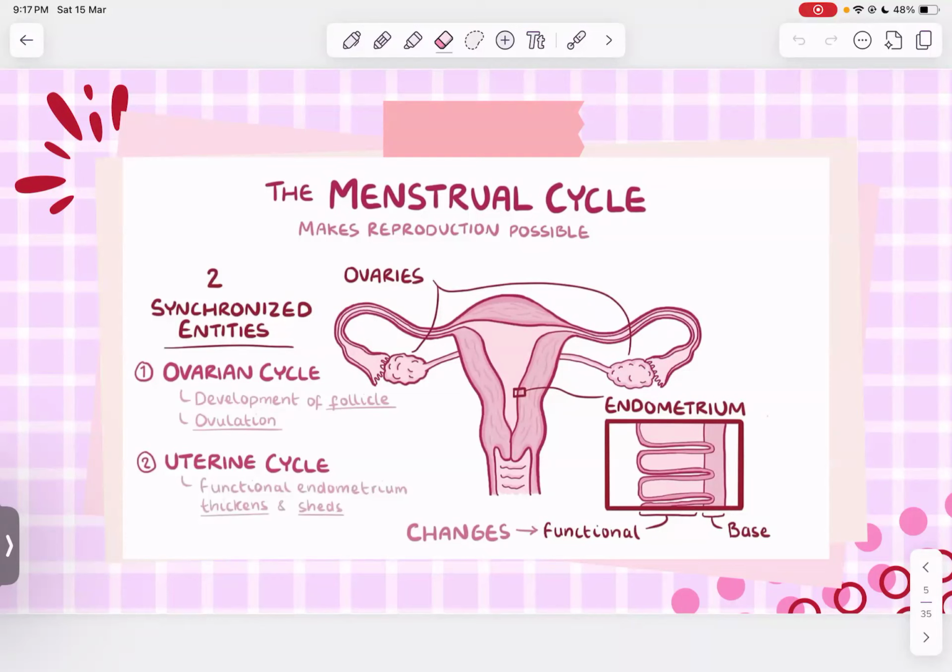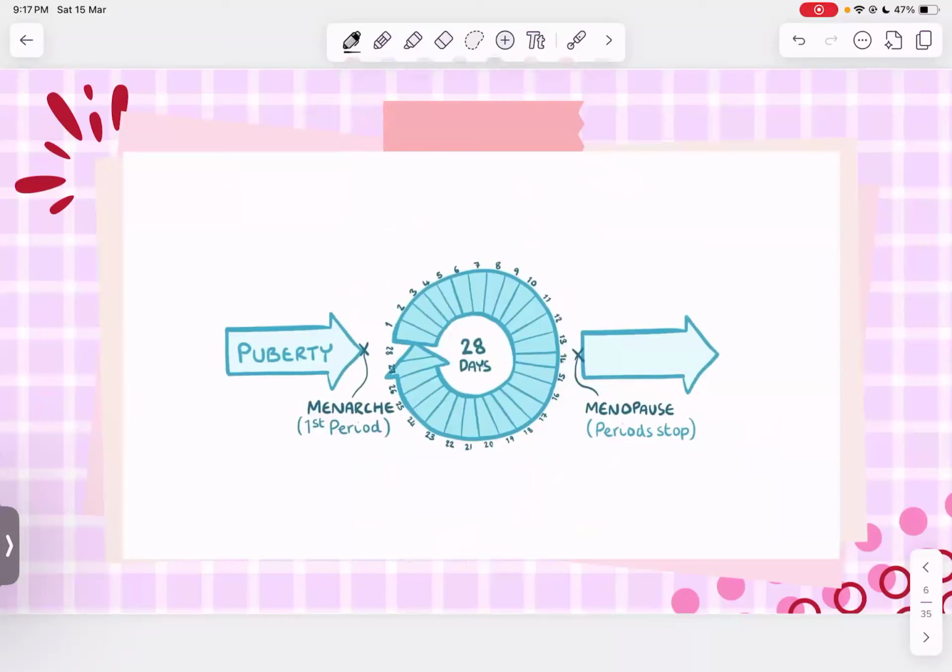Here's a small picture of the endometrium, as you can see, but we're going to go through it in more detail later on. The endometrium is basically the inner layer, the most inner layer in the uterus, and it's the one we're going to be focusing on when it comes to the menstrual cycle. There are layers to it, and the one we'll be focusing on even more today, inshallah, is the functional one. So as I said,